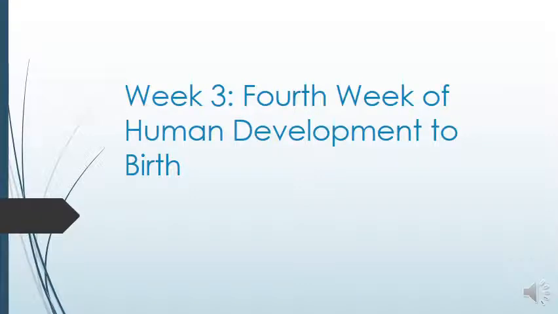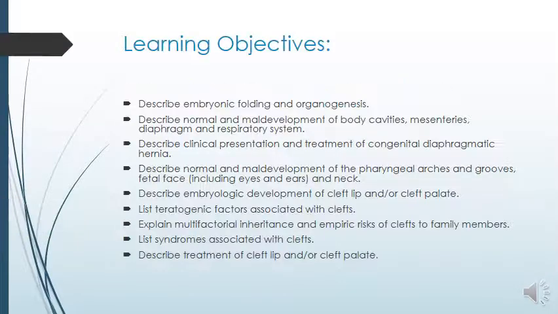This is week 3, the 4th week of human development to birth. The learning objectives for this week are to describe embryonic folding and organogenesis, to describe normal and maldevelopment of body cavities, mesenteries, diaphragm, and respiratory system, to describe the clinical presentation and treatment of a congenital diaphragmatic hernia, to describe